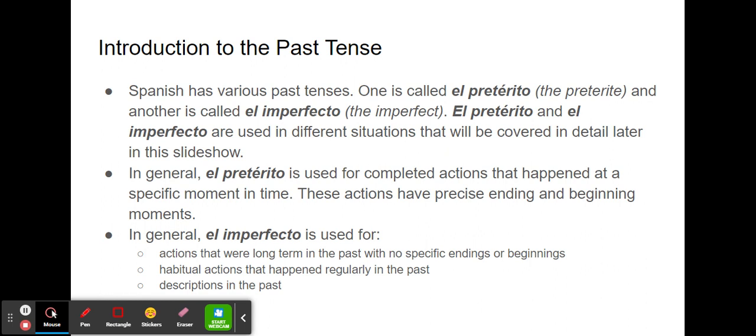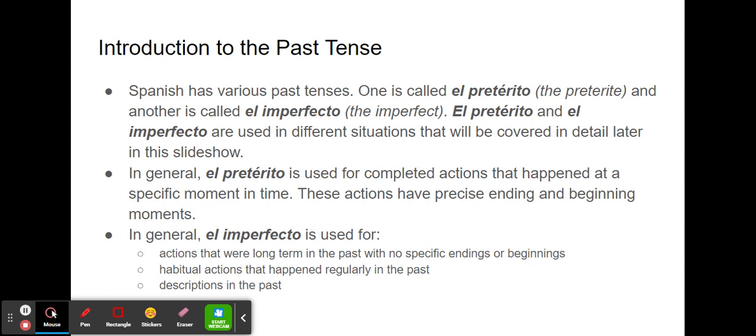One of the past tenses that we need to know about is called el pretérito. In English, that's the preterite. Another is called el imperfecto, and in English, that's the imperfect. El pretérito and el imperfecto are both used in different situations, and we'll cover those in more detail later. Right now, I want to give at least a basic understanding of what is the usage of el pretérito and